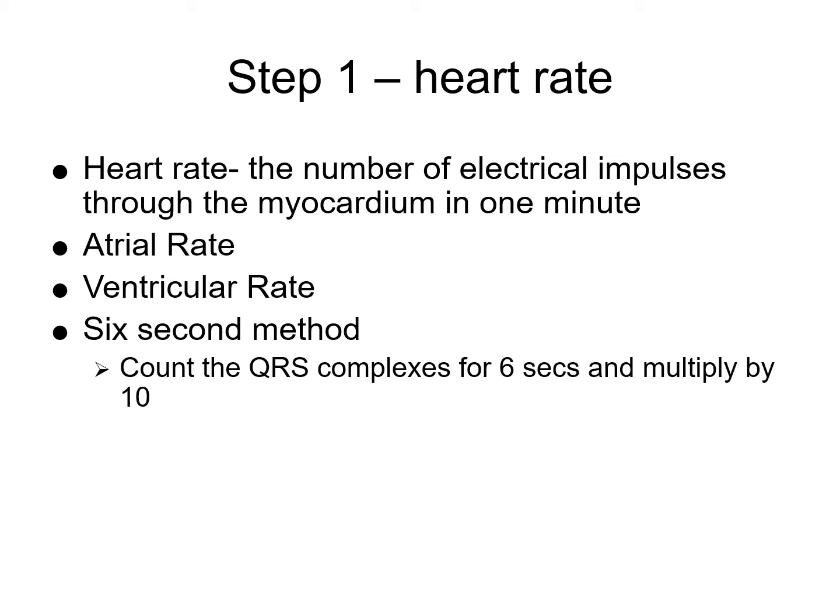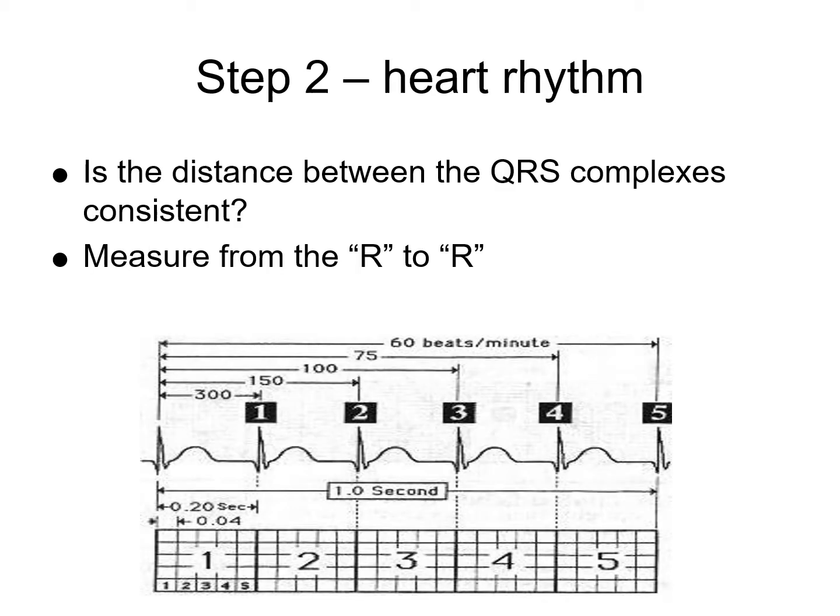All right. Now we are looking at our heart rhythm. Here we're looking to see if it's regular or not. We're looking to see if the heart rate is regular, so we're looking at the consistency of the beating. Intervals that vary within about 0.0 seconds is normal. Anything more than that is considered to be an irregular rhythm. Rhythms are classified as regular or irregular, and you look at the distance between the R to R, so the spikes, the R to R